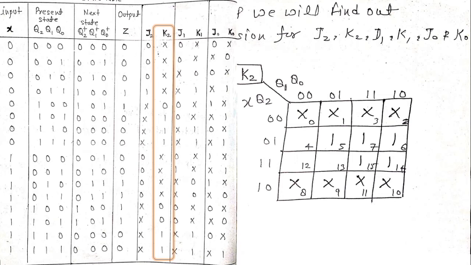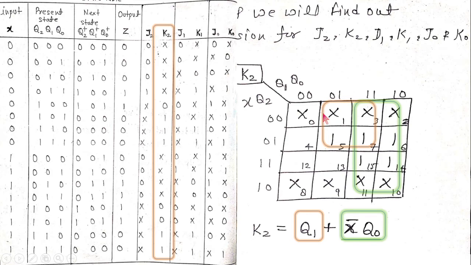Now we will make the pairing, or we will try to maximize the grouping. So we can take this quad, but if we choose this don't care, it will become an octet, so we will choose this. And for this one, if we choose this, it will become a pair, but choosing this don't care, it will become a quad. So let's see, this is a quad. Expression will be Q1. Why Q1? Because here, sorry, I think I just made a mistake, and this is not Q1.